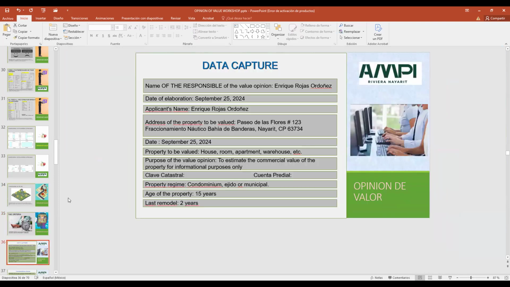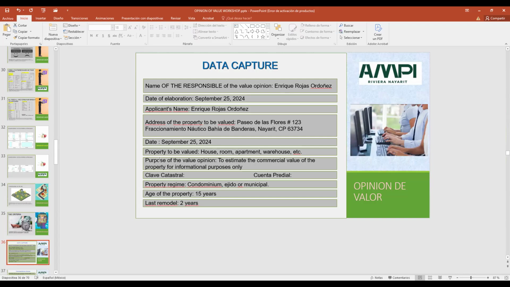How are you gonna work to make an opinion of value? You're gonna have your own formats to capture the data, and it starts with the name of the responsible, the date of who elaborate, the date of elaboration, the applicant name, the address, date, property to be valued, the type of property, house, a room, apartment, warehouse, whatever.